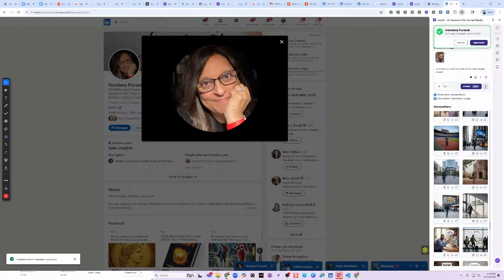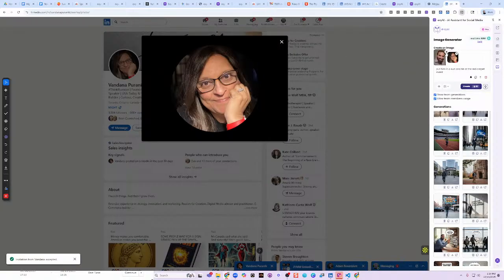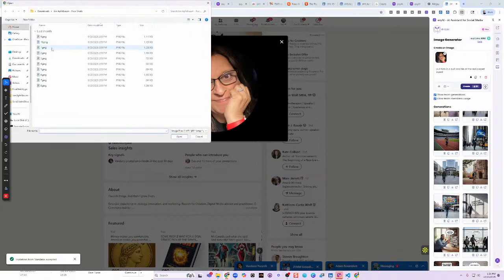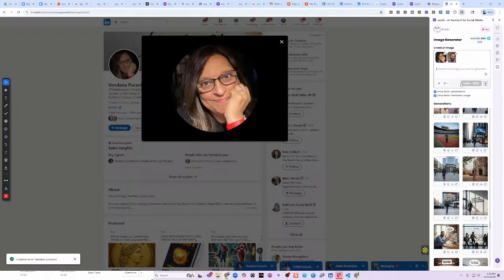That kind of takes away from the photo. So I would take this photo, I would drag it into Evie AI like this. I would remove my photo from this. By the way, I can even keep my photo in there and we can do a selfie together. Let's do that. Let's keep my photo in there. And over here, I'm going to delete this and I'm going to say, do a selfie of these two